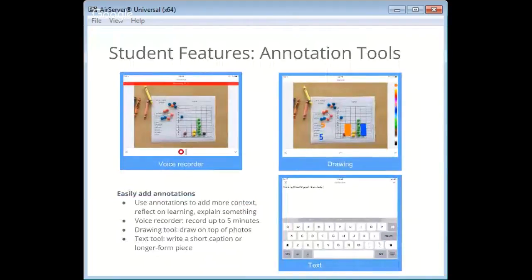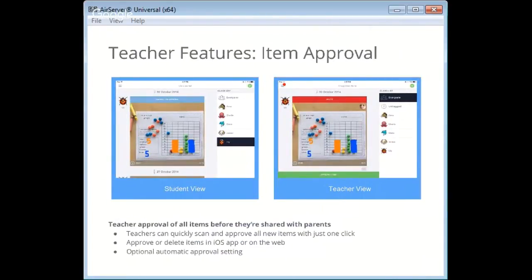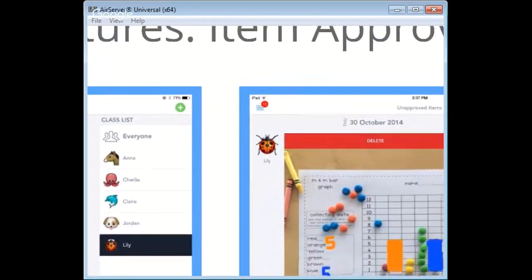In my class, I like to require my students to write captions along with every picture. And we actually just tried the voice recorder yesterday, and I'll show you an example of that as well here in a little bit. We've talked about this. Teachers have to approve items, which is super important. We don't want inappropriate things being posted, so I like that I can quickly scan and approve things. If you notice, it's kind of like Instagram. Here at the top, it'll give me a notification. So I'll say, oh, I have something I need to approve, and I will review it and approve it or not approve it.